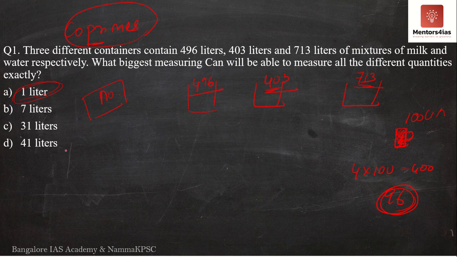Also remember, while considering the HCF from the options, consider the largest value first, because it is very much possible that 41 liters also divides all these numbers, 31 liters also divides all these numbers, 7 liters also divides all these numbers, that is 496, 403 and 713. If you start in this direction, as soon as you take 7 and check if 7 divides all these numbers, then you will immediately mark this. But what do you want? You want the largest number, that is the highest common factor. Maybe 31 is also going to divide 496, 403 and 713 together. So you have to check for 31, don't stop at 7.